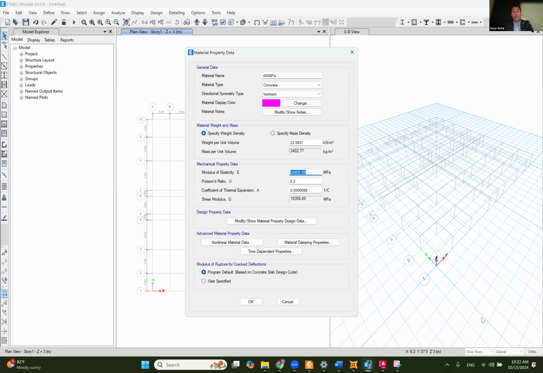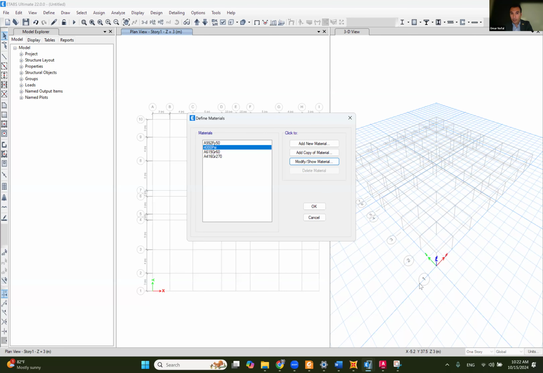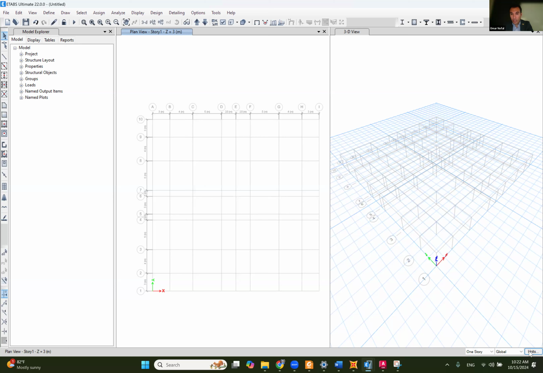By the way, even that we define the unit is metric, I can see different units here. If you want to change them, you can go here to units and make everything is consistent. Like all the units are ton and meter. You go here, consistent units, and then you want to make everything is in meter and all the force units are ton. Okay,